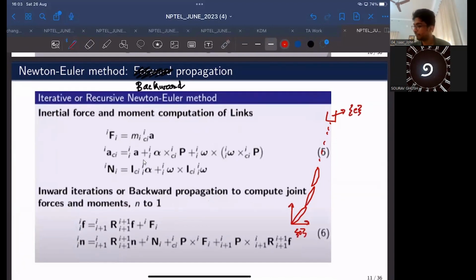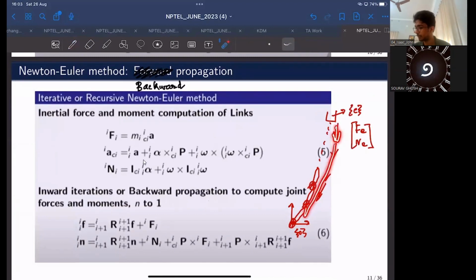So if we are given the forces acting on the end effector, Fe, and the torques acting on the end effector, using backward propagation, we'll be able to determine the torques acting on each of the joints of the robot. Torque acting on this joint, torque acting on this joint, torque acting on all the joints,